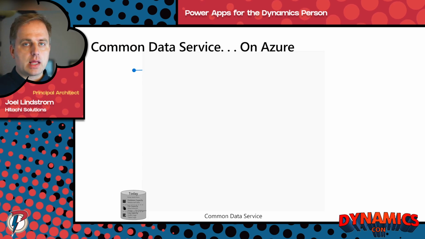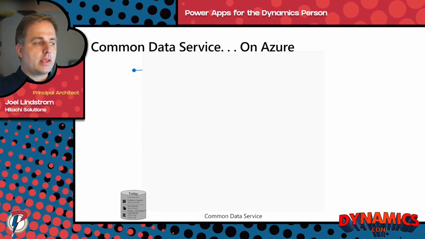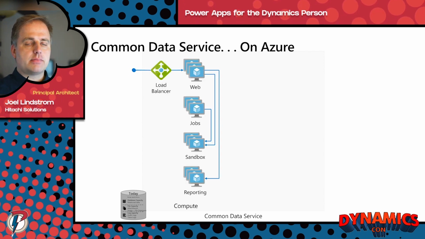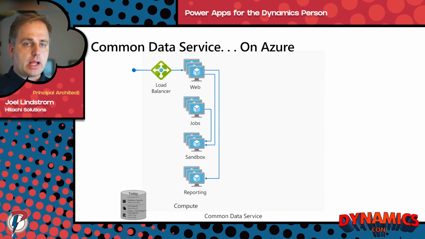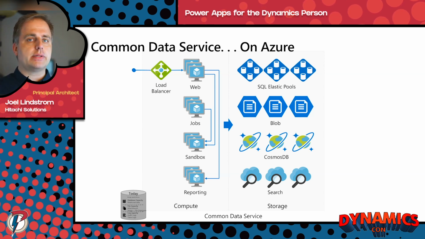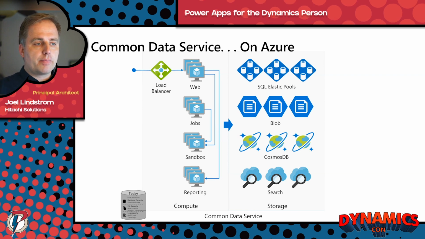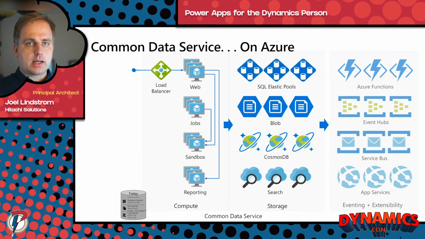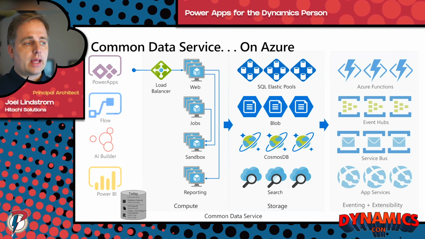So when it comes to Common Data Service, a lot of people call it a database, but it's a lot more than a database. The value the Common Data Service brings is it brings together the best of Microsoft's database technologies, such as Azure SQL, Azure Blob, as well as other technologies like Cosmos DB. It also packages together all the things you already know, such as security and other pieces like that, but it's been enhanced to also, for example, attachments now go in Azure Blob, and other things like logs are handled differently. So it gives you a much more robust coverage, which you benefit already from in Dynamics.